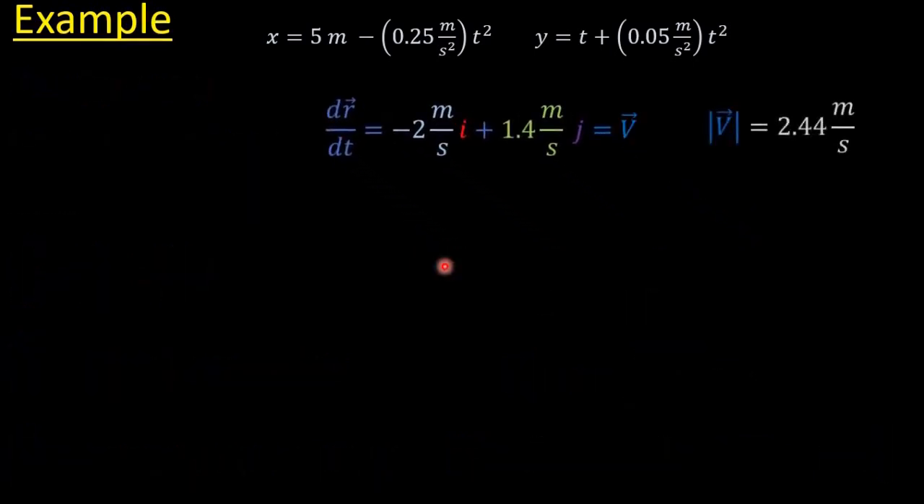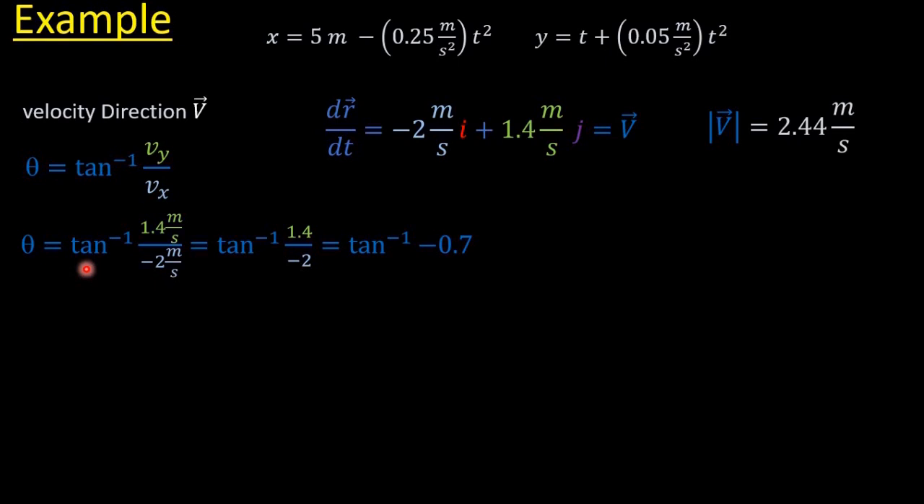Okay, so now I want to find the direction. So the velocity direction is going to be theta equals inverse tan of vy by vx. I'll substitute my values in. I knew vy was 1.4 meters per second, vx was minus 2 meters per second, substitute those in, and that's going to simplify down to inverse tan of minus 0.7, which is